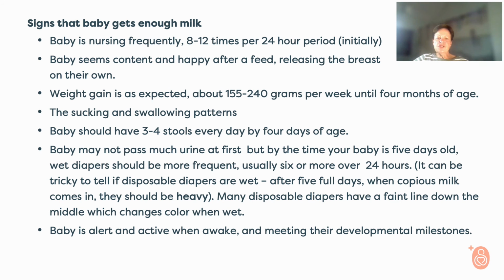And then also the passing of urine is a good indication for us that the baby is getting enough milk. For the first 5 days, the baby might not pass a lot of urine because there's such a lot of changes in his body regarding the circulatory system, etc. So the baby is not excreting a lot of water and is also taking in a very low volume of milk during the first days as well. So it's only from day 5 onwards that we say that the baby should have at least 6 or more